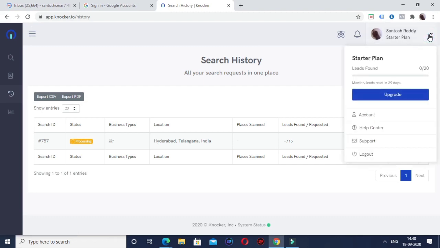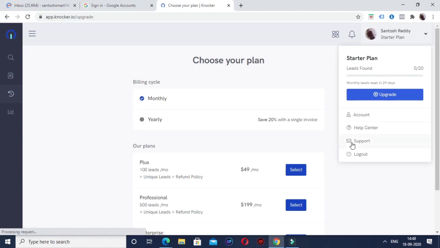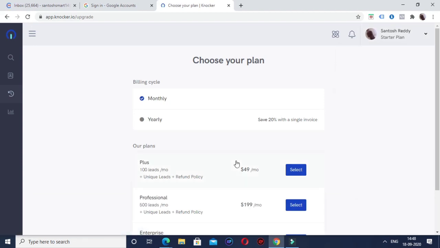Meanwhile, I want to discuss the different plans available in this tool. You get 20 leads per month for free, and you need not pay any money for that. If you want 100 leads per month, they will charge you $49 per month.